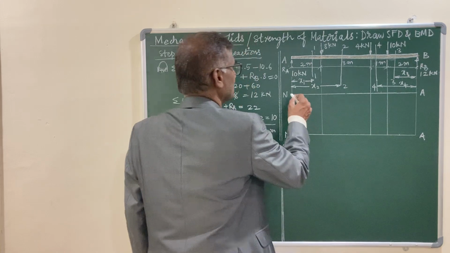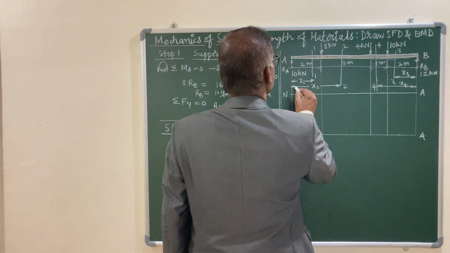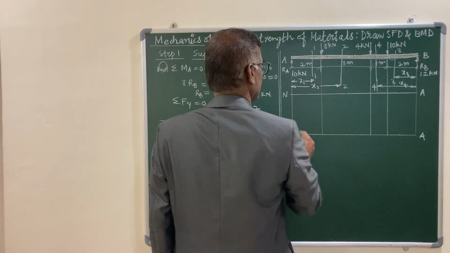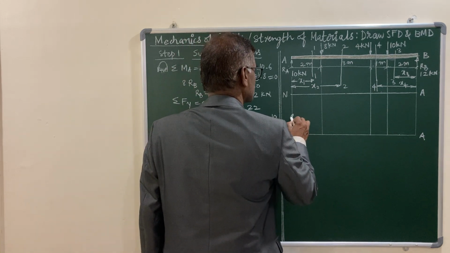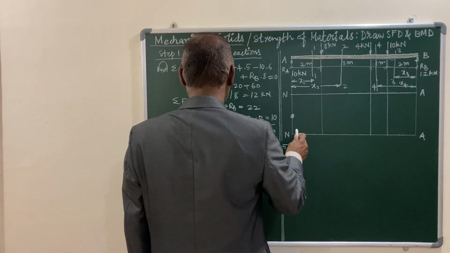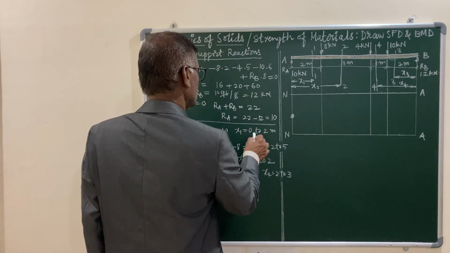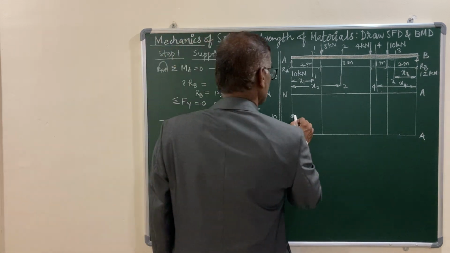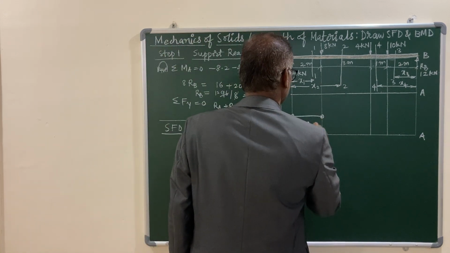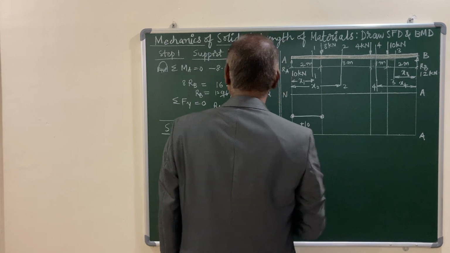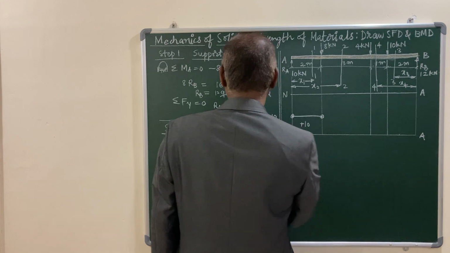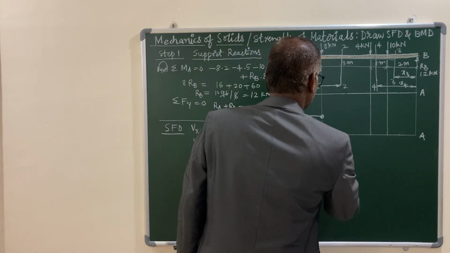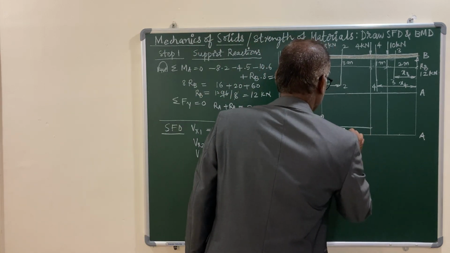So let me take a height of 10 meters, and I am taking this as my neutral axis. Here it is 10 meters. This value is for 0 to 2, and the value is plus 10. Next, for 2 to 5, it is plus 2, and this value is plus 2,